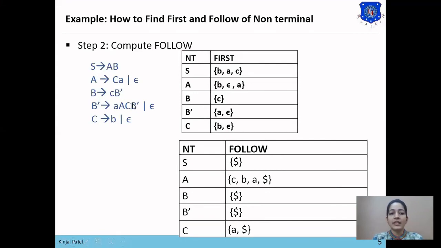So if we replace B dash with null, then B dash will be vanished. So no symbol is following C. So if no symbol is following C, then follow of B dash will be added in follow of C. So follow of B dash is dollar. So dollar will be added in follow of C. So here we have found the follow of each non-terminal symbol. So first and follow have been found for each non-terminal symbol.